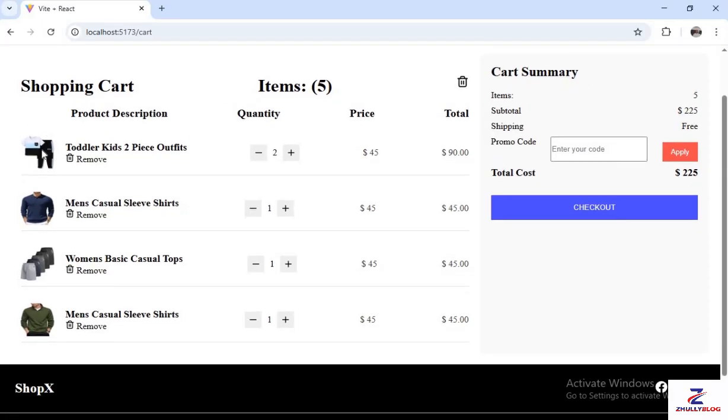So first off, the item that we've added to the cart, we have the image of the item, we have the name of the item, we have this icon here to remove this specific item from the cart. We have this quantity control, we have the price, and then the total. Now we have 2 items. For this particular item, we have 2, and then the price is $45. Total will be $90 because the price is $45, and then we have 2 of this,